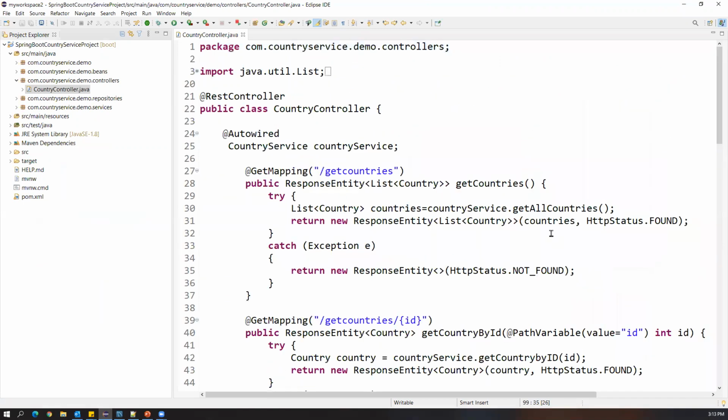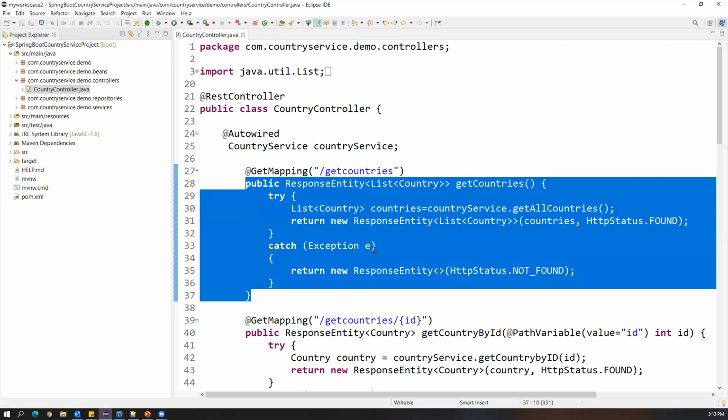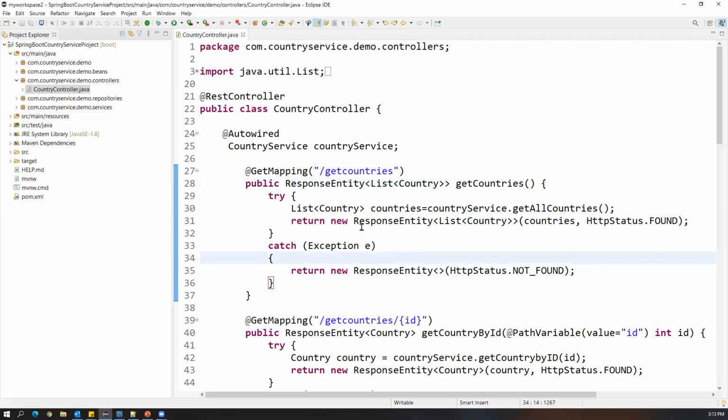So while writing the unit test, we don't call these methods explicitly. We are just invoking the method by passing the URL, and based on the type of the URL or type of the request, it will automatically identify the particular method, invoke it, and give the response. But again, internally we are going to mock the service layer, because this countries method and all controller methods internally call the service methods. So we are going to mock those services anyway.